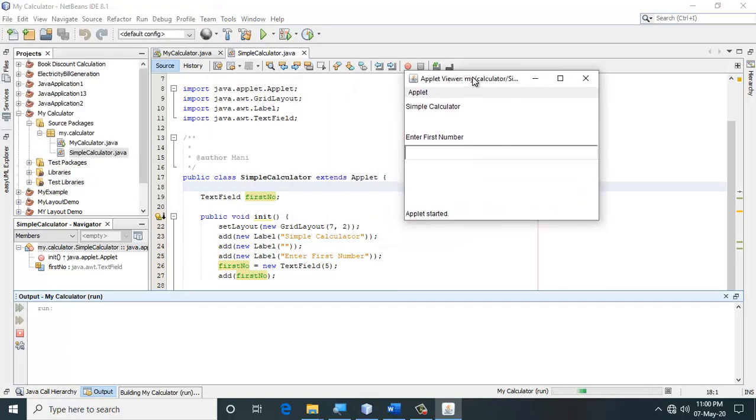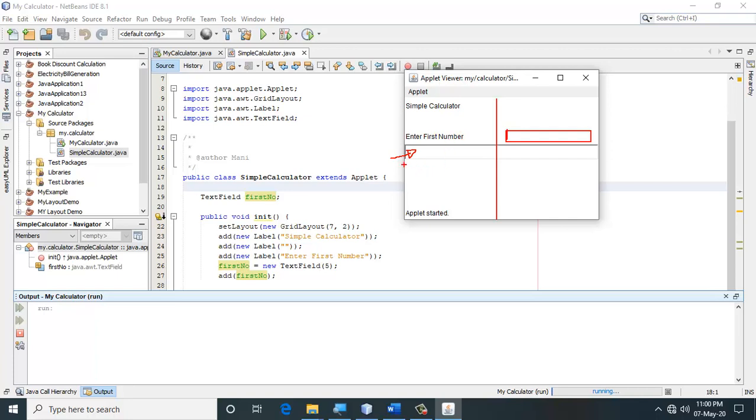Now if I run this, you will notice it's going to appear in this manner. Now you may find that this is not appearing where it should have appeared, here in front of this area, but when you run it, you may find that it's coming in the other row. No problem, we will continue adding it. After adding a few of the rows, automatically it will align everything for us. So this is the first number.